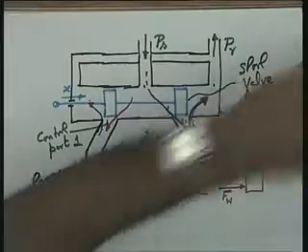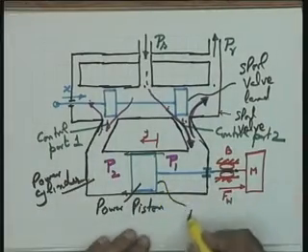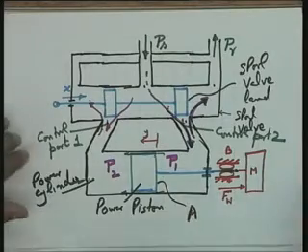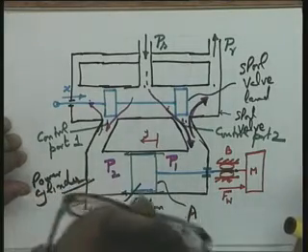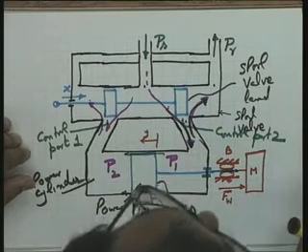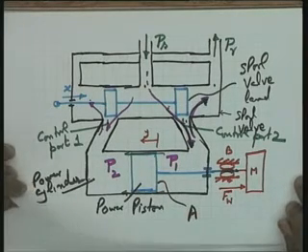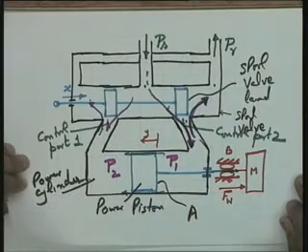If I take this area as A, this is Y. Help me, what is the rate at which the fluid is moving in the power cylinder? Yes please, A is the area and Q is A y dot. Please see, because it is going to be meter cube per second. Q, the compatibility of units you should see: Q is in meter cube per second, A in meter square, y dot in meters per second. So A y dot is going to be equal to the rate at which the fluid is moving into the power cylinder. So let me put this as A y dot.